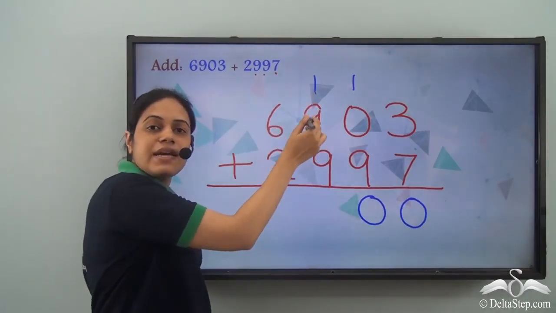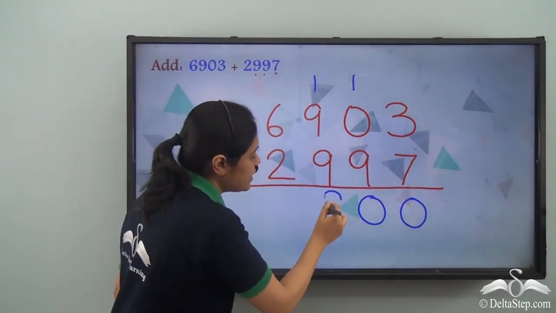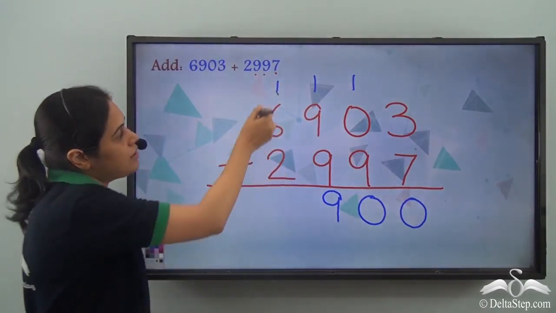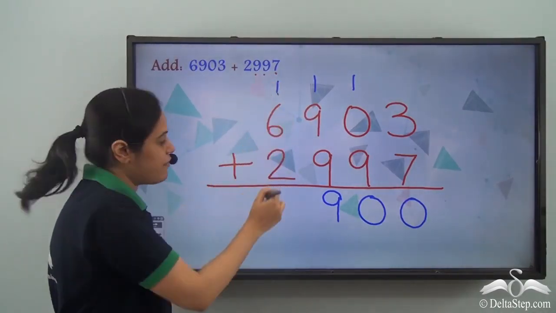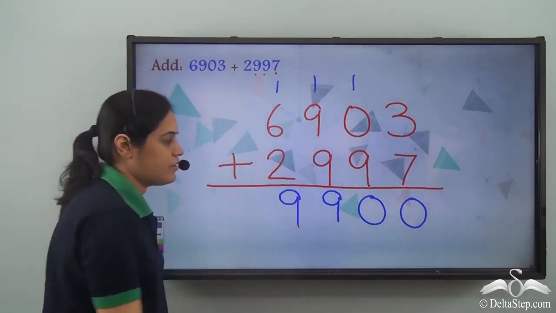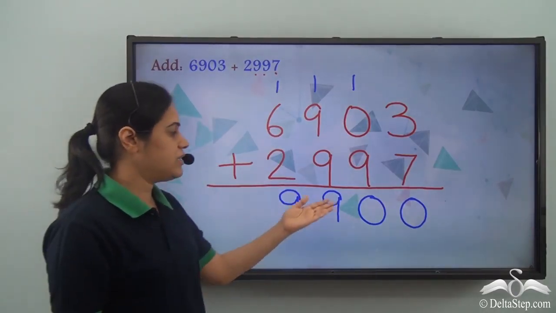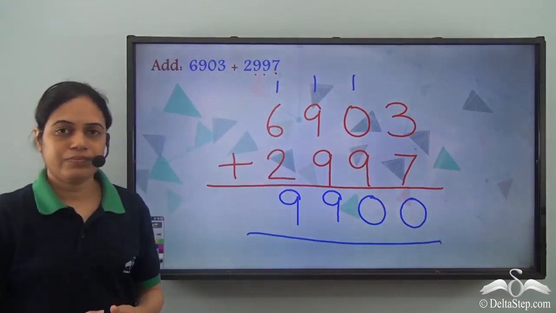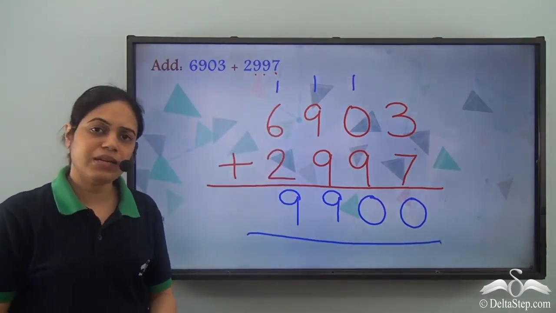1 plus 9 is 10. 10 plus 9 is 19. So I write 9 here and 1 is carried again. 1 plus 6 is 7. 7 plus 2 is 9. So the answer is 9,900. This is the answer. And you see the steps are very similar to how we